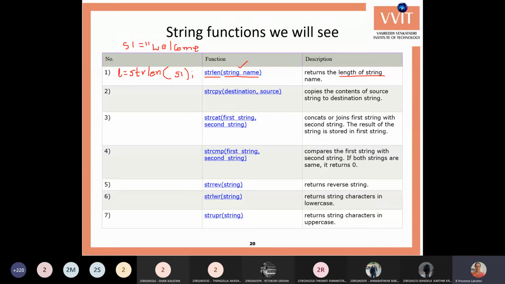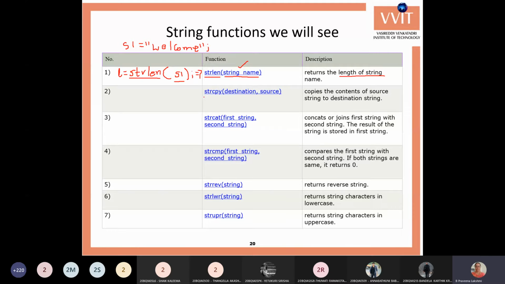Whenever you are finding the string length, you can use strlen of s1. Then this function gives us the length of the string. Here the length of the string is 7 letters, so you'll get the string length as 7. This function is for finding the length of a string.